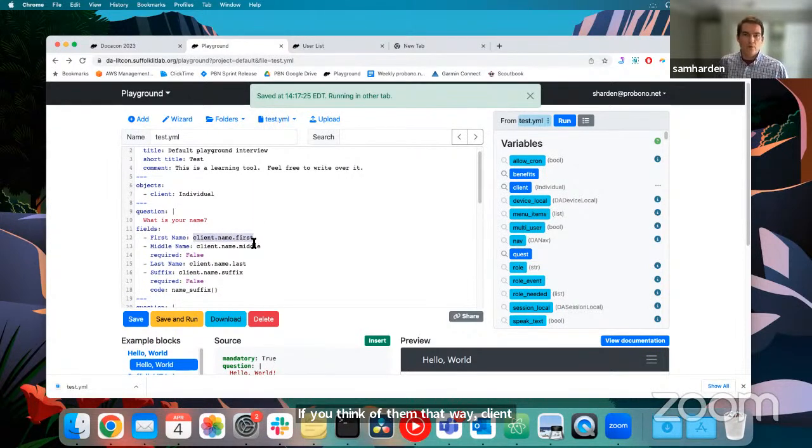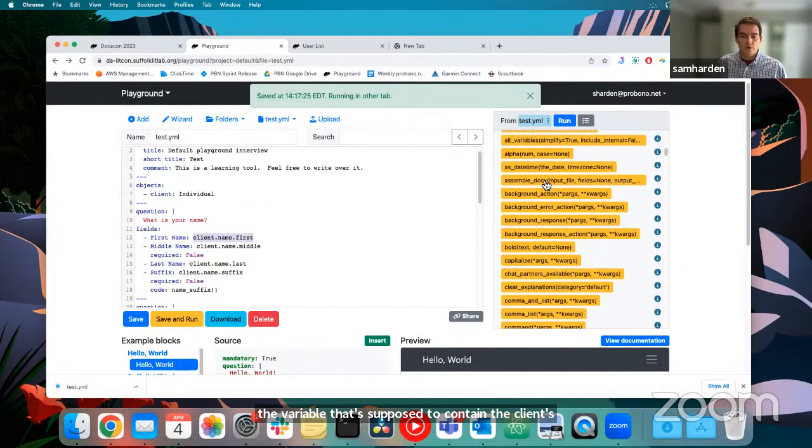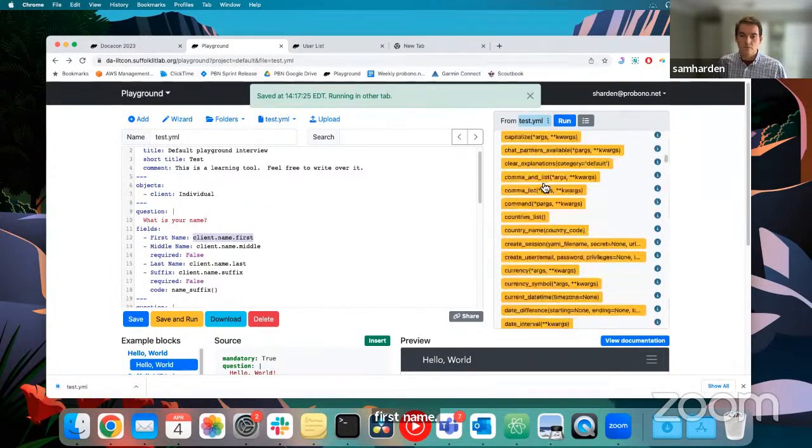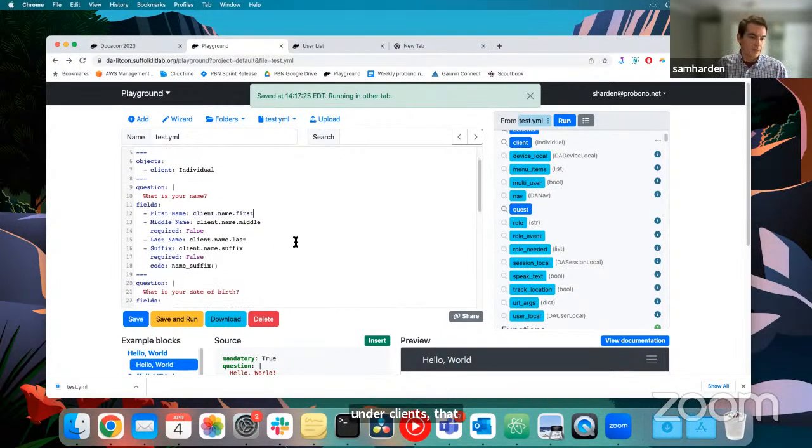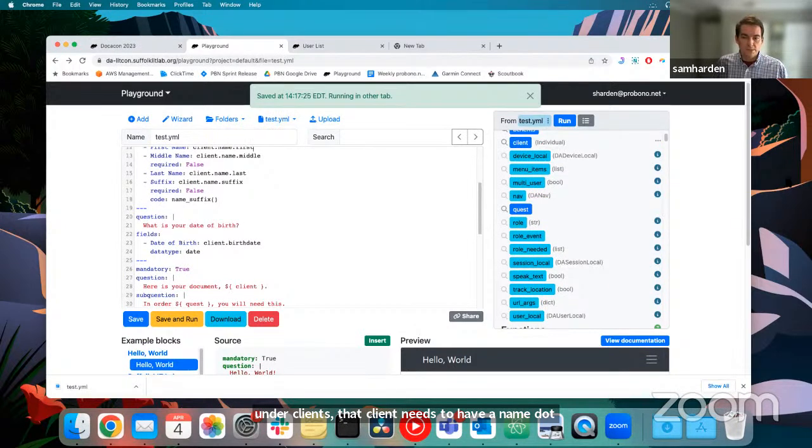Client.name.first is the variable that's supposed to contain the client's first name. So DocAssemble will tell you in this variable section, wherever that is, under client, that client needs to have a name.first, so client needs to have a first name. Down here at the